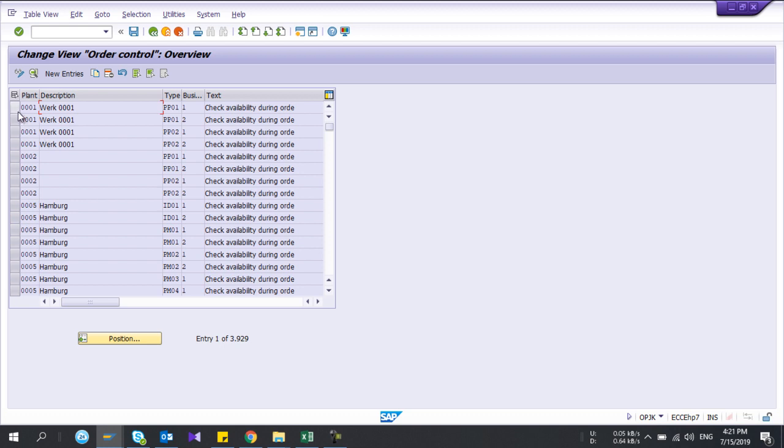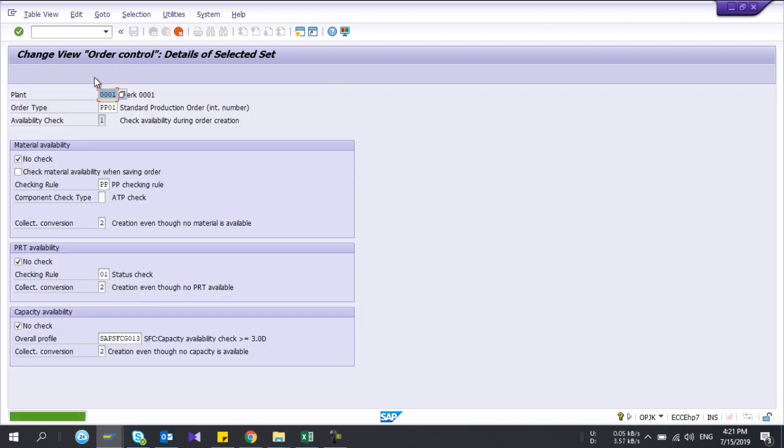Here also you have to insert two lines for each order type and plant. So what I do is, the same way, I copy this one and copy as, then I put my plant PT01. My order type is this one, and